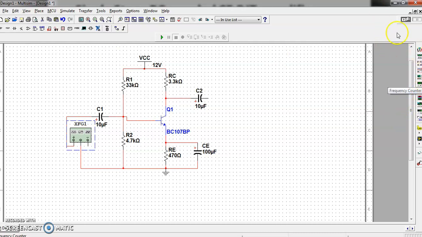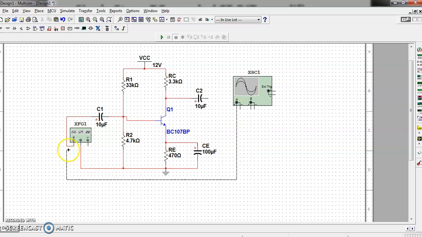So choose the oscilloscope. This is the oscilloscope, right? Drag it in, click it. Now there are two channels, A and B. You may give the input signal to channel 1 or channel 2, and the output signal to the other. If you are giving the input signal to channel 1, you can give the output to channel 2, right? So let us consider, if I am using this A channel for the input waveform, in order to observe the